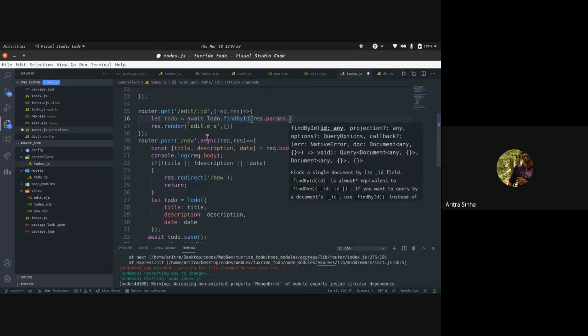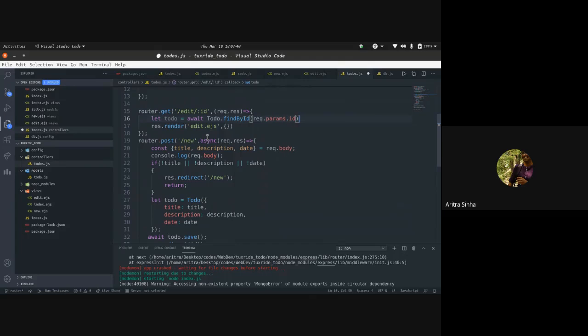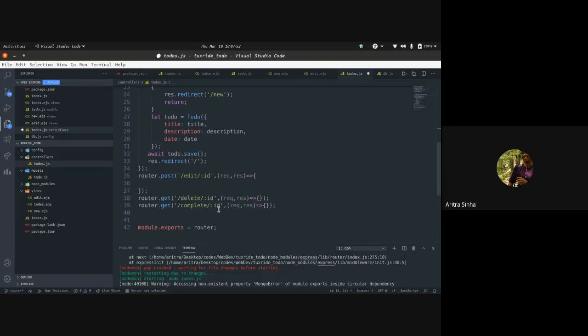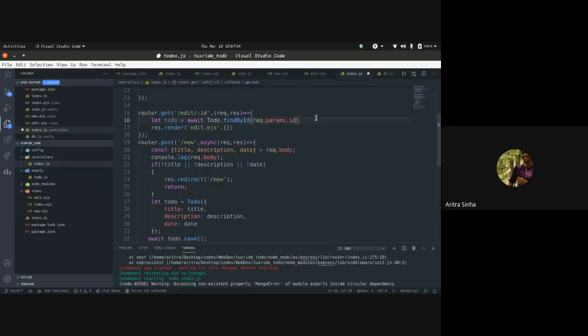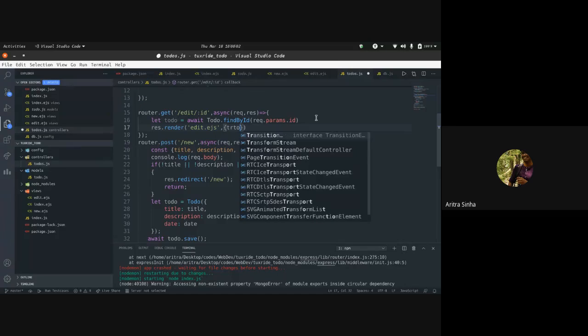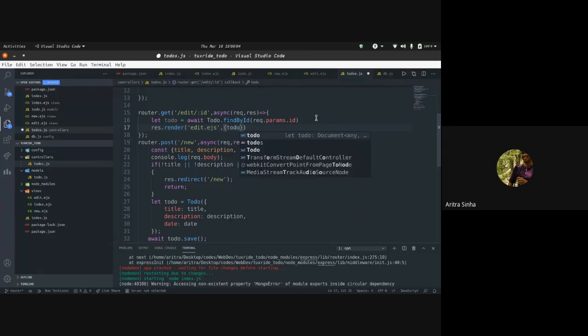It's in the parameters, so you use request.params.id for anything which has been embedded in the URL, and you can use any of the data inside the form under request.body. Once I do that, async right here, and it'll fetch the to-do for me. And I'll just write todo is todo.